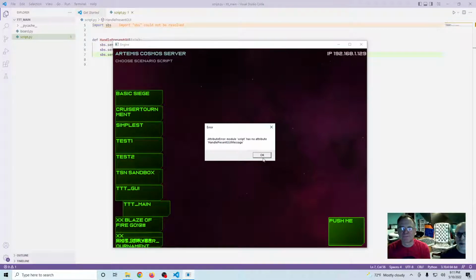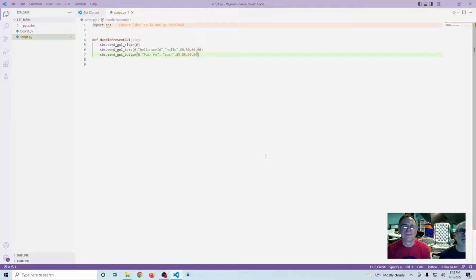So whenever something that you interact with the GUI occurs, and you need to know about that as a scripter, the engine is going to call handle present GUI message. Okay. So I'm going to click OK, which will crash the server. So where do I put my handle present GUI message? Well, just at the same scope as handle present GUI, which means you need to unindent. Yep. So back there and def